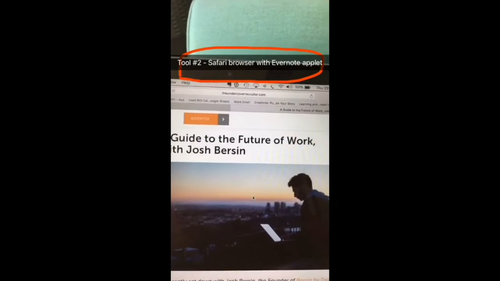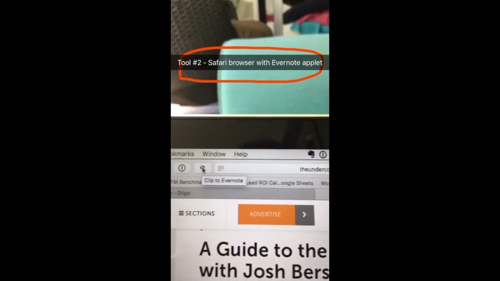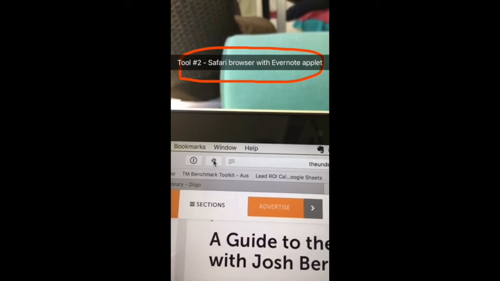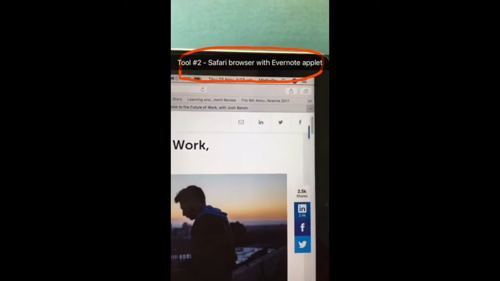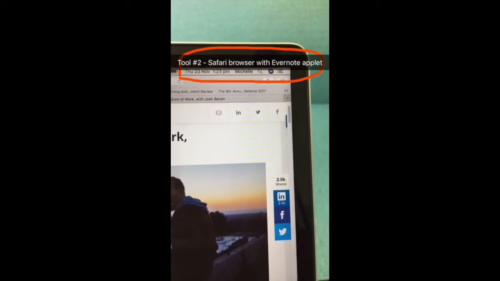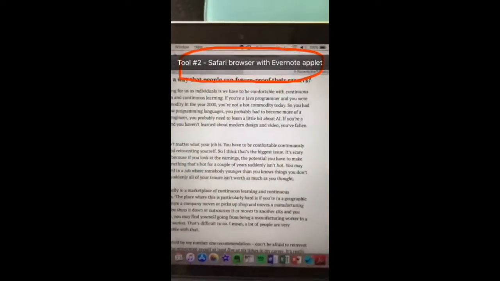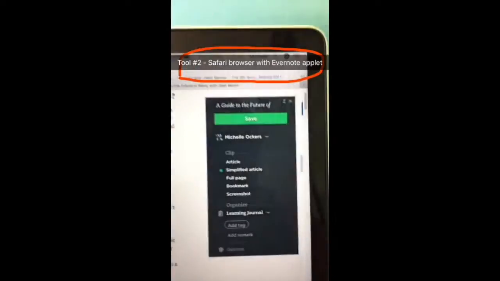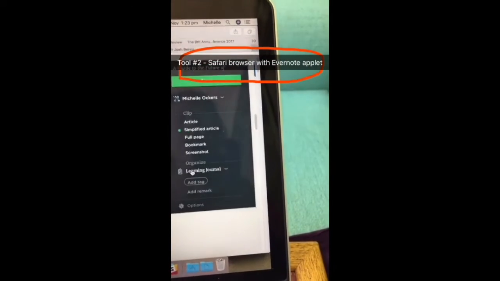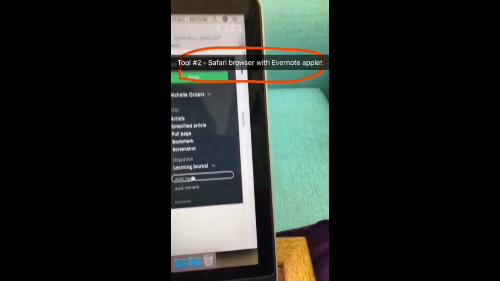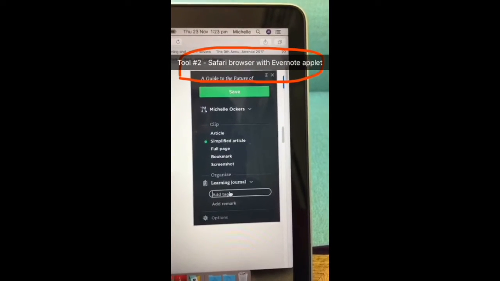For each article, I'm opening them up in Safari, which is my internet browser. Then I'm clicking on a little bookmarklet in my browser. This is an Evernote bookmarklet, and what it does is it will open a window which allows me to clip a simplified, much cleaned up version of the article directly into Evernote. I can tell it which notebook in Evernote to store the item in. I can add tags to it, and it will basically save that item for me into Evernote.